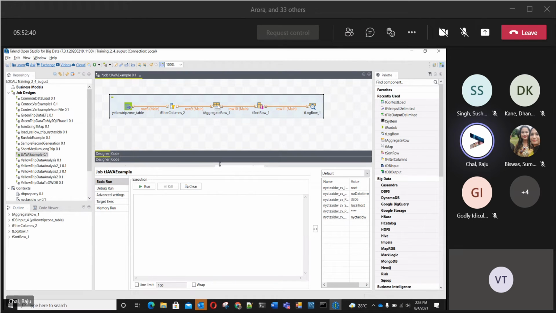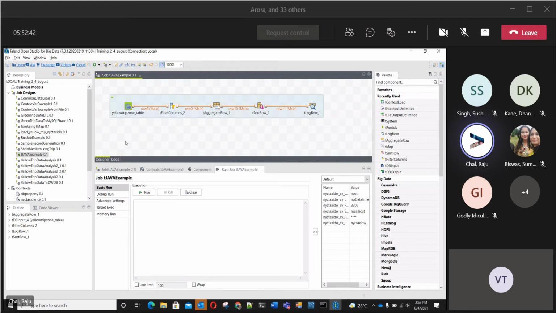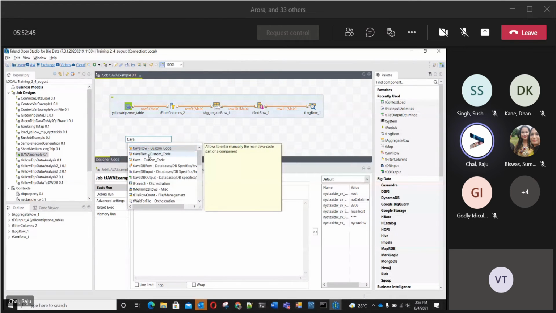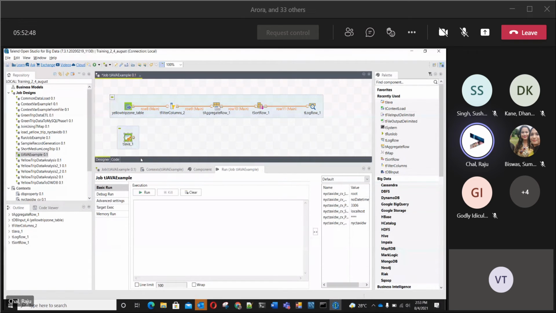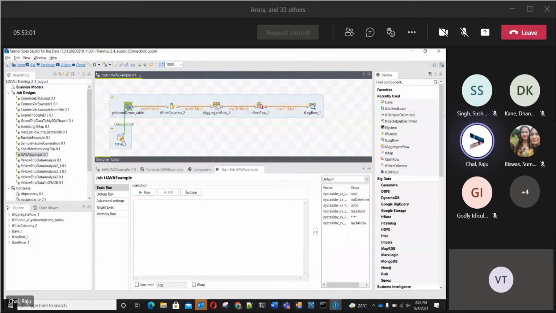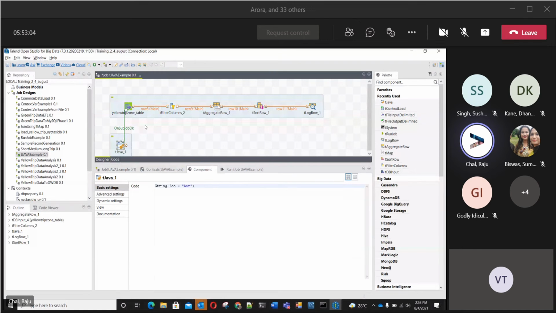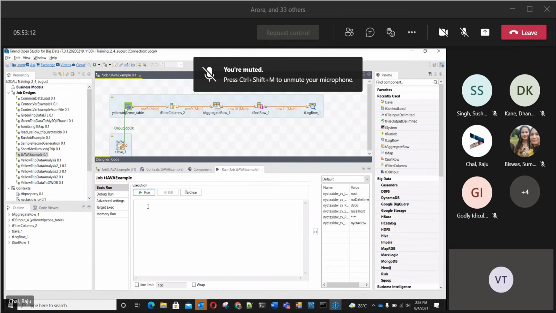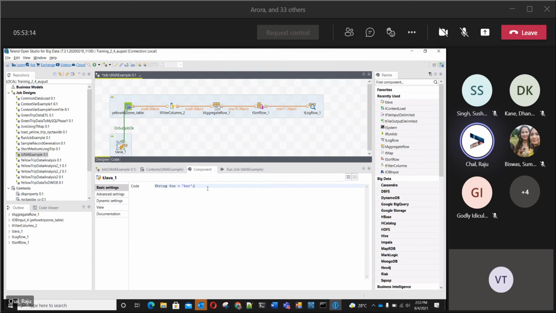What I want to do? I want to put a T Java component, and here right click, row, sorry, trigger on subjob. Okay. I'm coming to here. Double click. So what I want to do? Sorry, coming here. Code. I'm writing